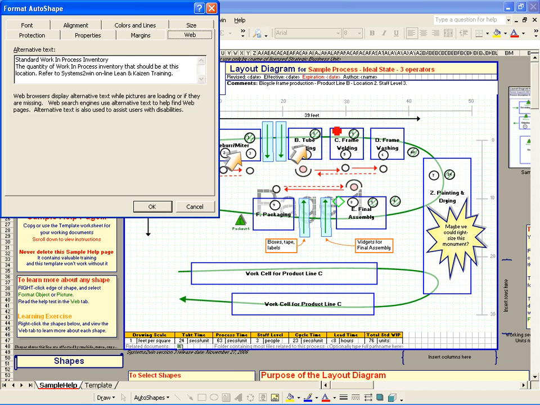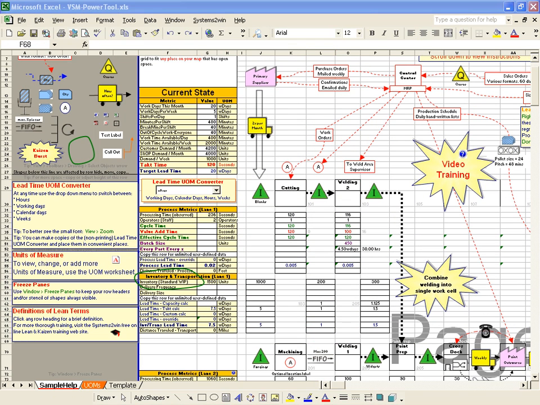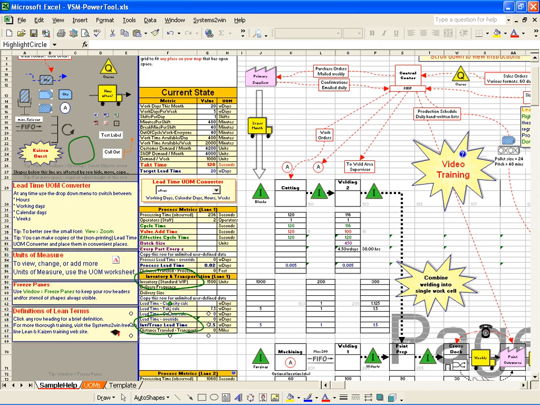For instance, these colored circles are used for estimating the number of units of standard work in process inventory that's stored in each location along the route of your process. Standard work in process is a critical number to know if you're using your value stream mapping power tool to calculate lead time. You always have the option to just plug in a guesstimate of how long inventory sits idle between each value-adding process. But if you want to calculate and manage lead time more scientifically, then you will need to know the number of units of standard work in process.